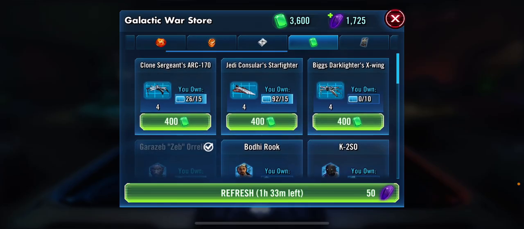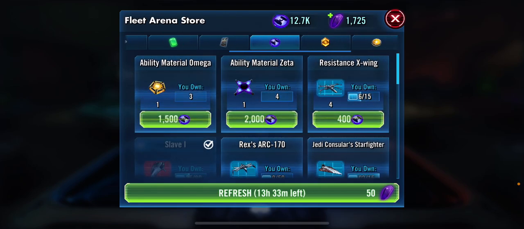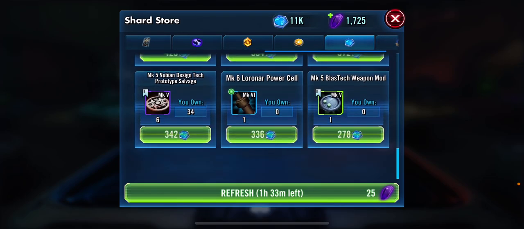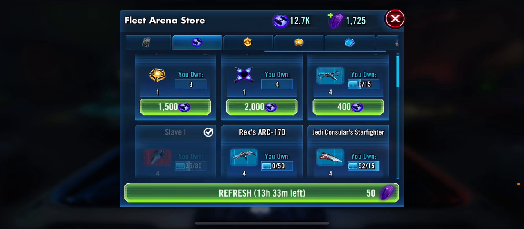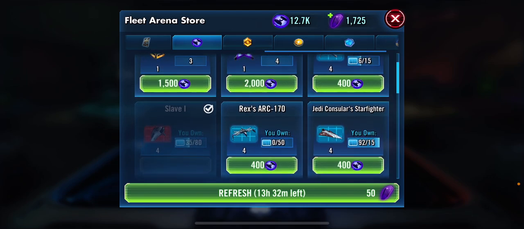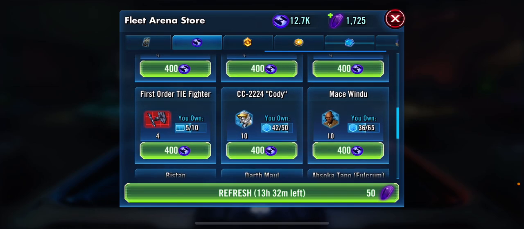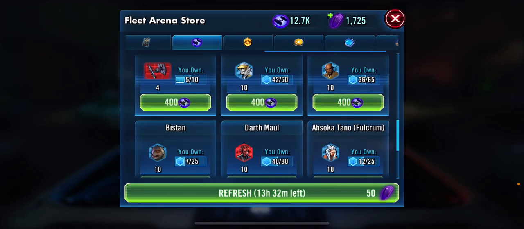But still farming the ships, farming Shard Shop currency, because it's always important to stay ahead on your Shard Shop currency so you can have the funds to buy stuff when you need to relic a character like Darth Vader. Fleet Arena Store, I just started purchasing stuff like TIE Advanced, Slave 1, because I would eventually like to build towards Executor. However, prior to that, I just bought ships in the Fleet Arena Store, Vader shards, and